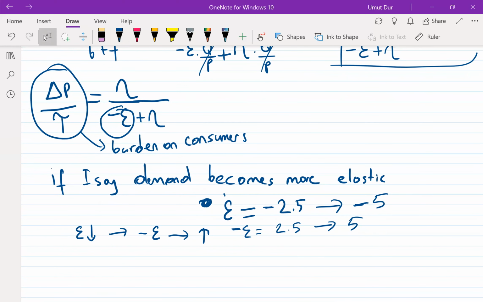Then let's think about this denominator. Once the demand becomes more elastic, which means that epsilon is decreasing and minus epsilon is increasing, what happens to the denominator here? Minus epsilon plus eta,